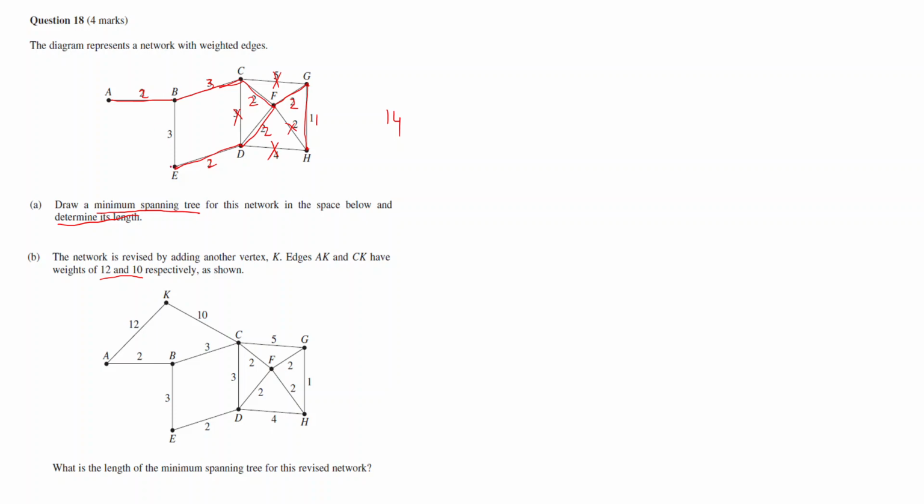You don't need to go through this whole process again, because up until this point, everything is going to remain the same. All you need to do is, with the existing minimum tree that you have drawn, connect the point K. And out of these 2 edges in contention, the edge from K to C is the shortest. So your revised length would become 14 plus 10 is equal to